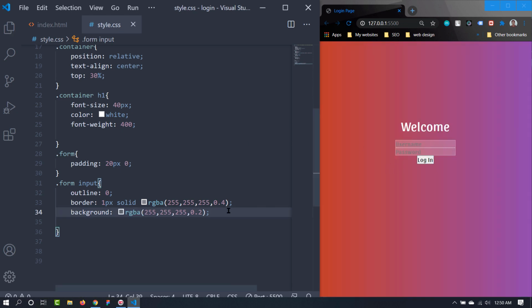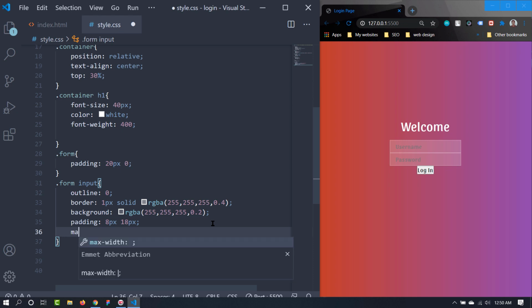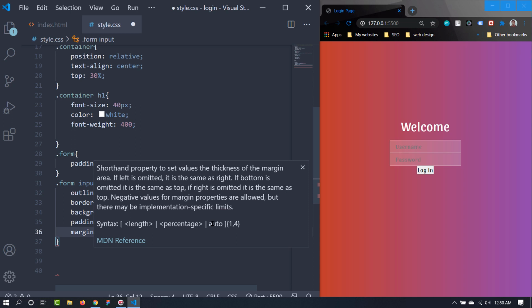Now let's create some padding around that. Let's do that. Padding for top to bottom, I am going to apply 8 pixels, and from left to right 18 pixels. Okay, now we can also apply some margin. We want to create some gaps, so we are going to give it a margin bottom.